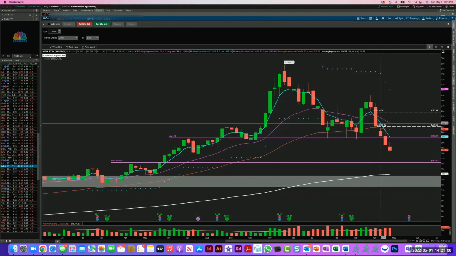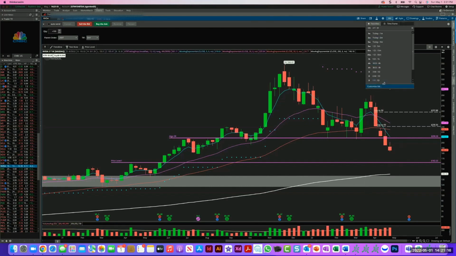So this clearly looks like it's bearish. And again, head and shoulders, shoulder, head, shoulder. It's fallen through what would be the neckline. And if we go to a daily chart,